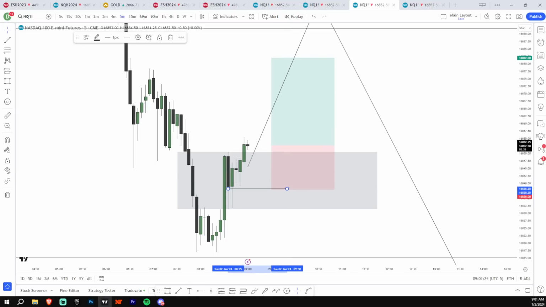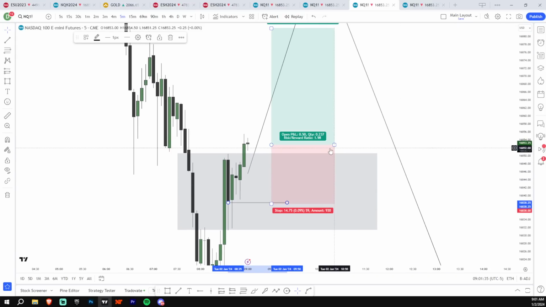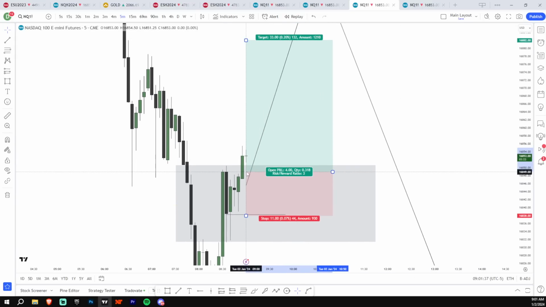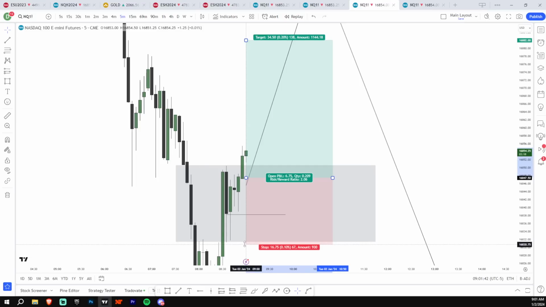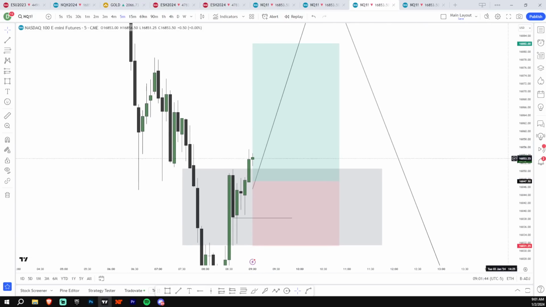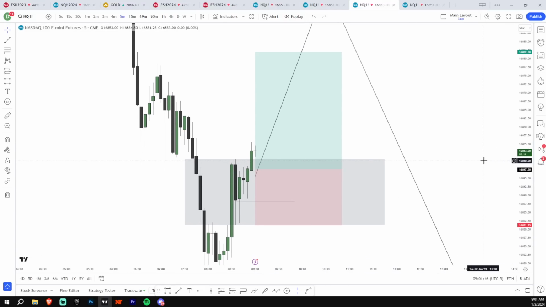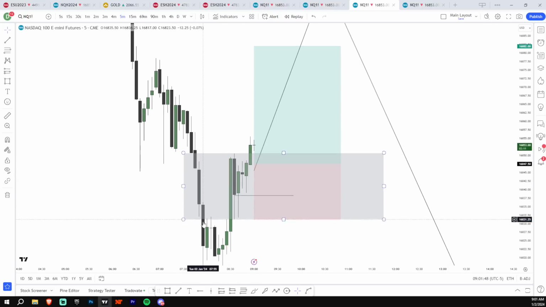No, Thomas, I'm not taking this. This is more of a demo play for the experience, because it's against the drawn liquidity. So you could do that, or you could wait for a retrace and maybe even get better risk rewards. Up to you. If you wait for the retrace, then I would try this. I don't think we're going to get the retrace if we are bullish, because you usually don't really get a retrace here with this V-shaped recovery thing. I don't know how to explain it, but